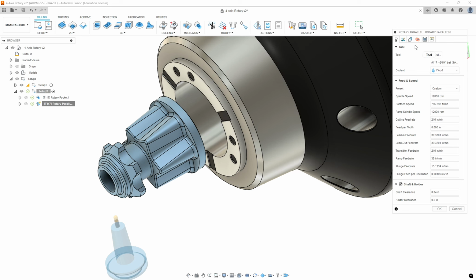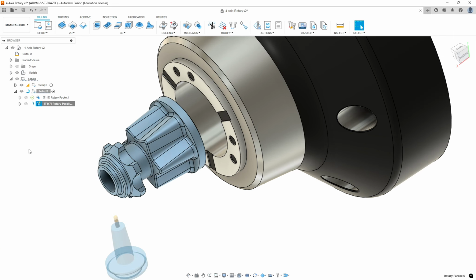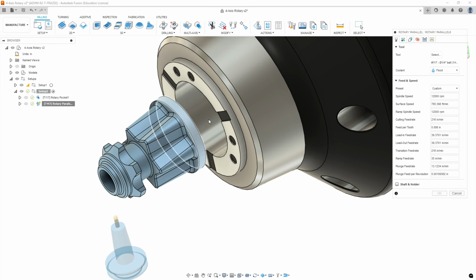Let's go back to the collision avoidance and turn that off and see if that changes anything on our geometry. And it did. It cut that area, but you'd also have to make sure that your tooling parameters are such that you're not having a collision. So some of that is adjusting your tooling models of your tools, and could be also